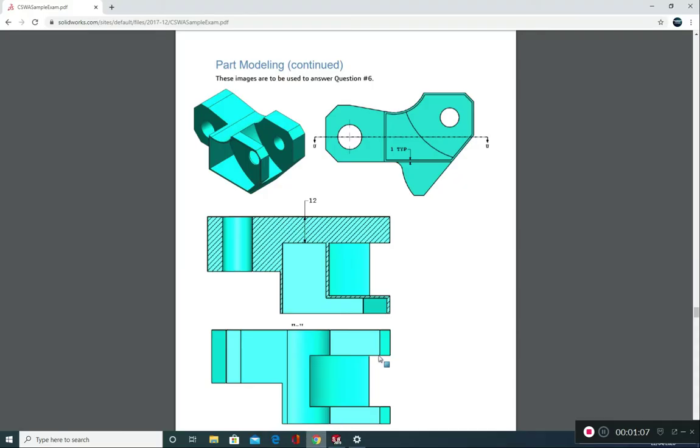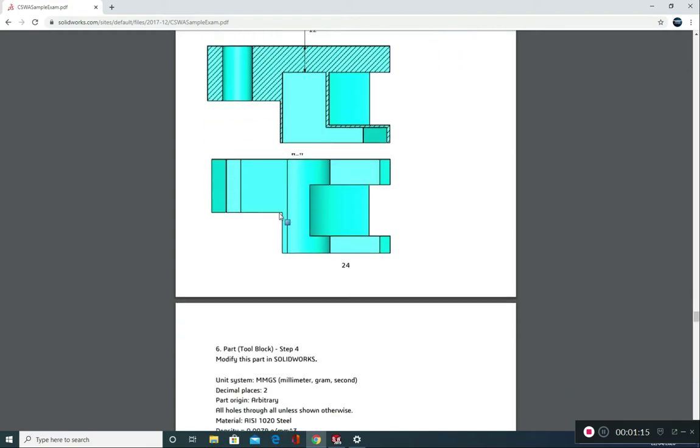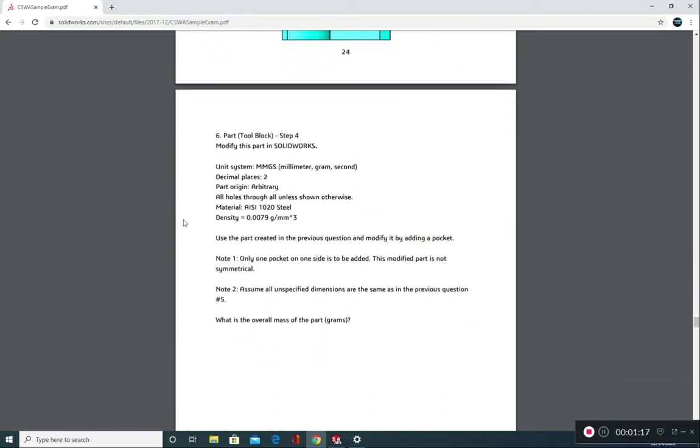In Phase 3, here is the question. We're asked to create this pocket that you can see that's visible on this front face. There's a few other things that it's asking us as well, so let's just have a little look through the